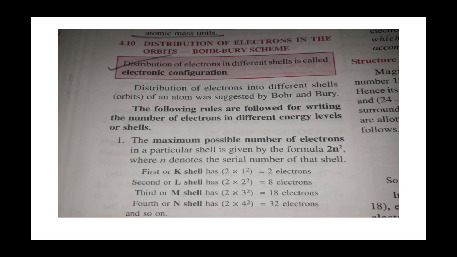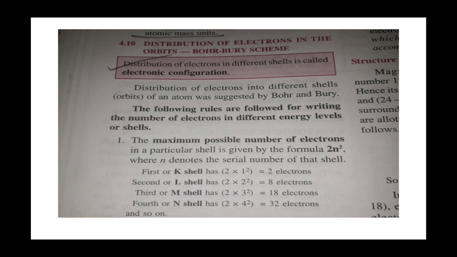In the lighter elements up to argon, each inner shell is completely filled before any electron can occupy an outer shell. However, in elements heavier than argon, the situation changes. Although the third shell can accommodate up to 18 electrons, the fourth shell begins to be filled after it has 8 electrons. For example, potassium, atomic number 19. So it will be 2, 8, 8, 1, not 2, 8, 9. The correct electronic configuration of potassium is 2, 8, 8, 1.